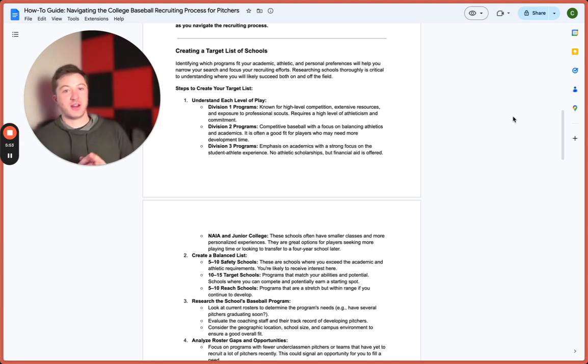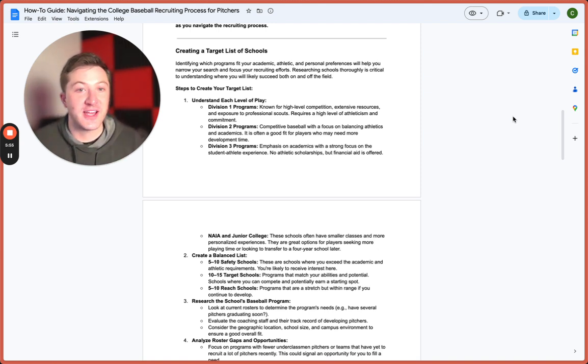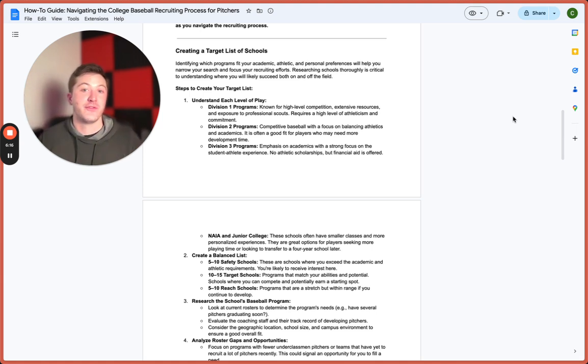So steps to create a target list. First, you got to understand, create your list, right? Are you capable of playing at the Division I level, known for high-level competition, extensive resources, and exposure to professional scouts? But it also requires the highest level of athleticism and commitment. Division II programs are highly competitive baseball with a focus on balancing athletics and academics. It's often a good fit for guys who are just under that Division I level but need